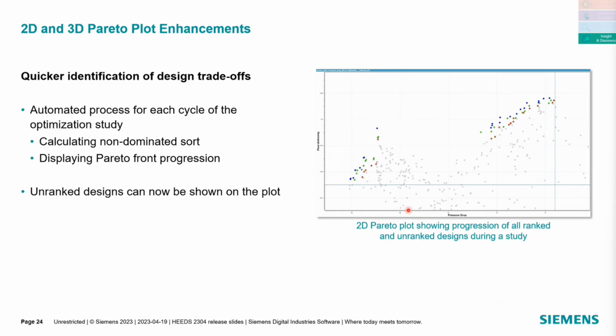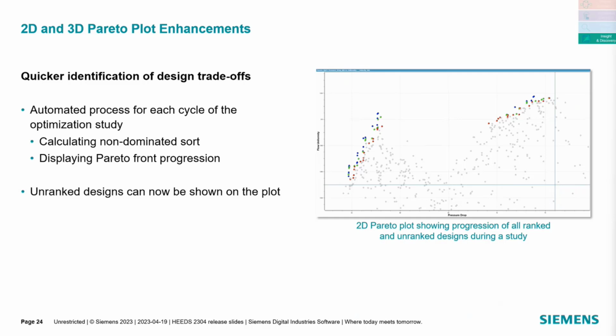Another aspect to coincide with that capability is that we wanted to be able to better visualize the movement of the Pareto front across design cycles. So starting from a blank sheet optimization, a multi or many objective optimization problem, we want to be able to see how the Pareto front moves across the design landscape, and at what point it starts to stabilize and reach that sort of steady state where you might get one or two designs that are novel, but you've got enough of a spread. So we've changed the way we actually present this in HEEDS Post